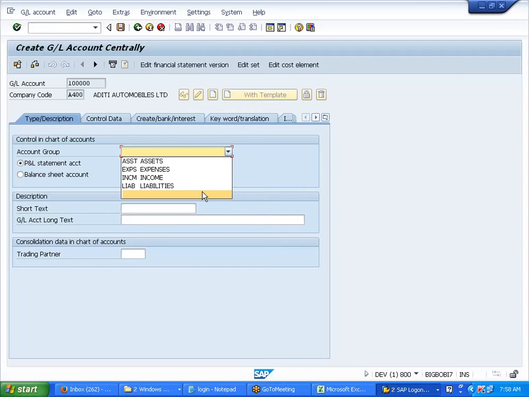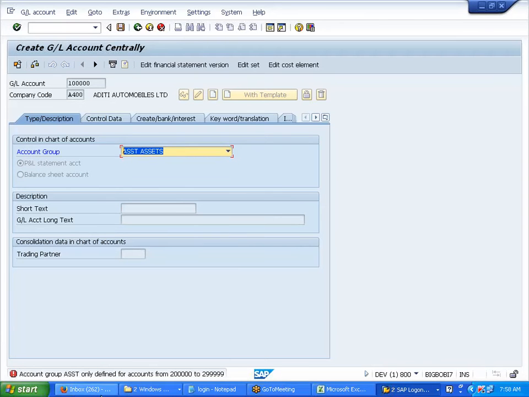So now I'll drop down, see here. We're getting exactly the one we created. Now I'm trying to test this. Will it take in the assets? Assets falls into the two series, right? If I go for expenses, see, it is throwing an error: you cannot use it. This group is not under this series, it is saying.